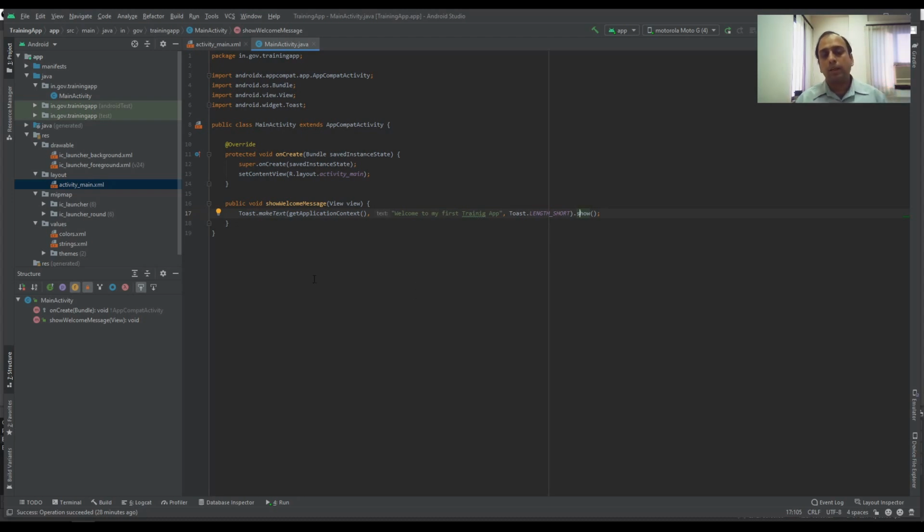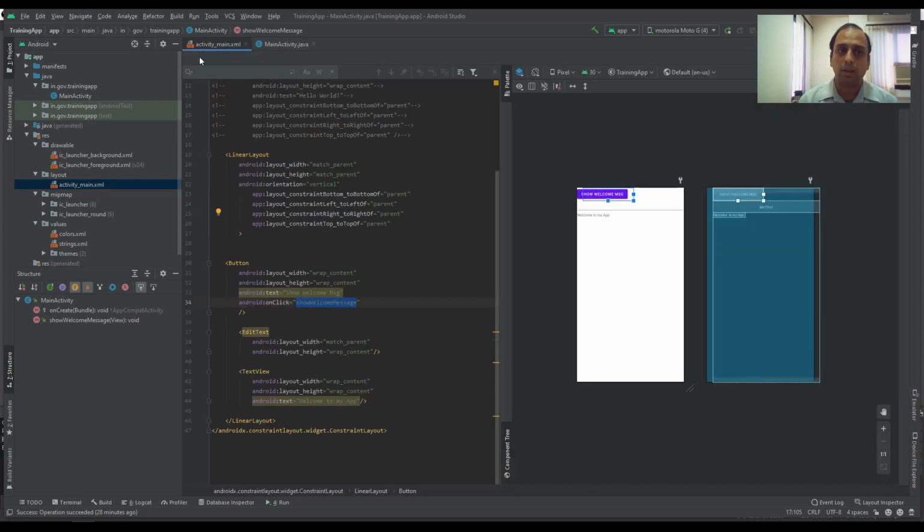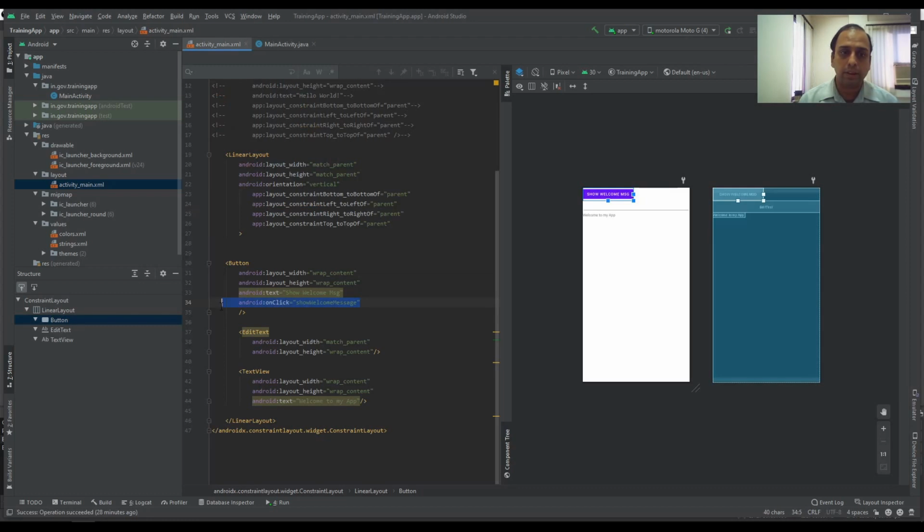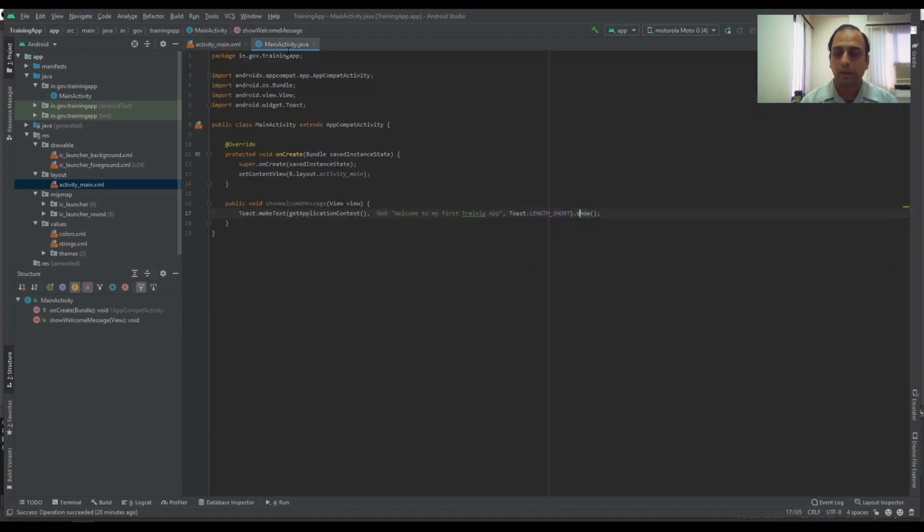Okay, now in the initial part of the lecture I told you that we will also see how to create an on-click listener using Java. So here what we did is we created this function, and we told Android Studio, or the compiler, that this particular function should run when the button is clicked. But it is not necessary. You can make this click listener inside the Java as well. So I'm just deleting it. Okay. Now if I run it,